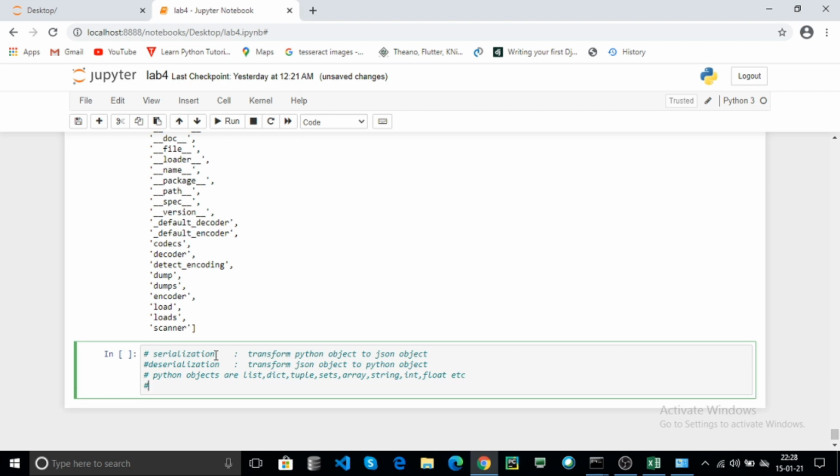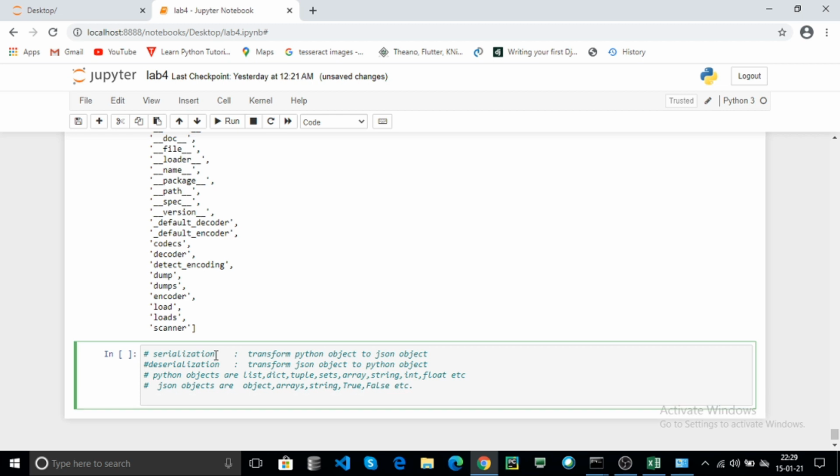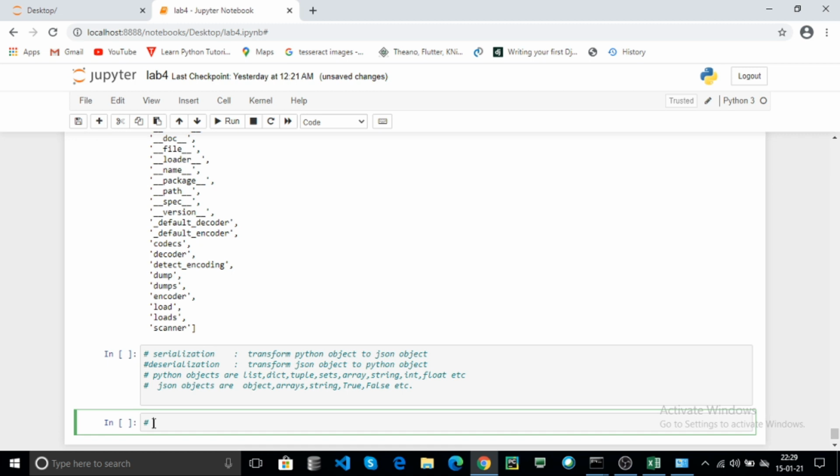Now what are JSON objects? Object, arrays, string and true, false, etc. Now how to handle serialization in Python? Here use the 2 methods dump and dumps.